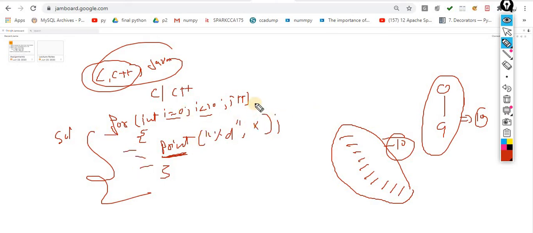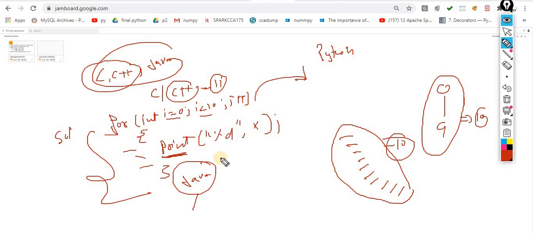Now the same thing I want to perform in Python. Before entering into the Python for loop, first we understand the basic concept. Don't worry if you are not clear about it, but just to increase the knowledge: if I talk about the same thing inside Java or inside the C++ 11 version, we have 2 more loops. That is called the for each loop. Yes, that is also available in the C++ 11 version.